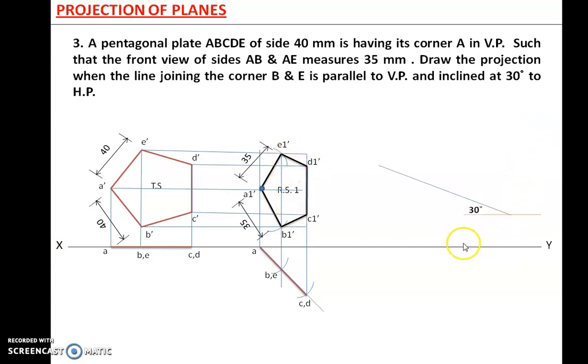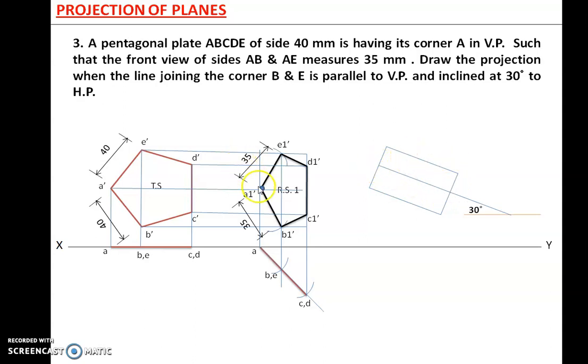So first I will draw a reference line. I will mark a line which is inclined at an angle of 30 degrees. Now you can see here a rectangle like this, this complete rectangle with this BE placed on the 30 degree line. I will redraw all these things. Only what I will do is B1 E1 will be placed on this 30 degree line like this. So this is nothing but the line B1 E1 dash.